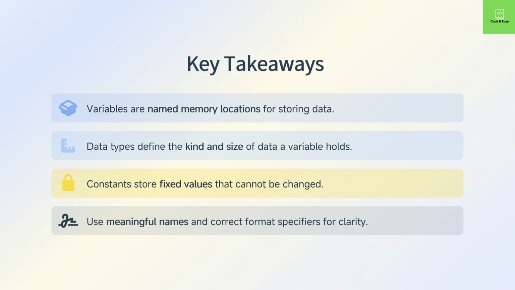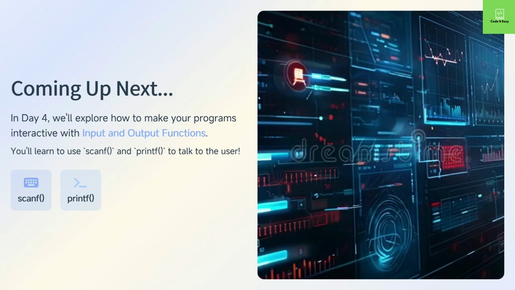Let's quickly recap. Variables are named memory locations for storing data. Data types define the kind and size of data a variable holds. Constants store fixed values that cannot be changed. Use meaningful names and correct format specifiers for clarity. In part 4, we'll explore how to make your program interactive using input and output functions like scanf() and